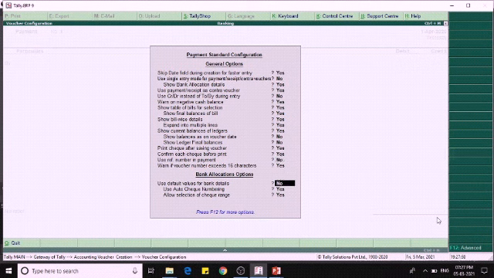So here also the use default values for banking details will be given as no, and the use of auto check numbering will be given as yes. It means after the next payment, automatically the check number will be changing.